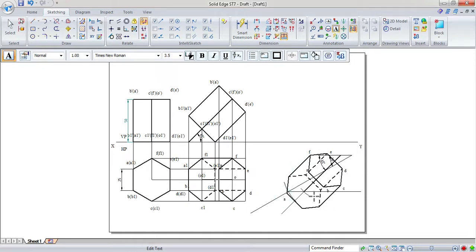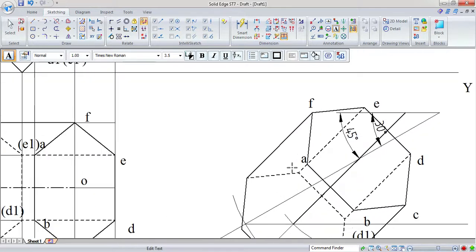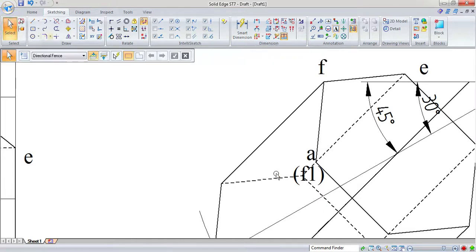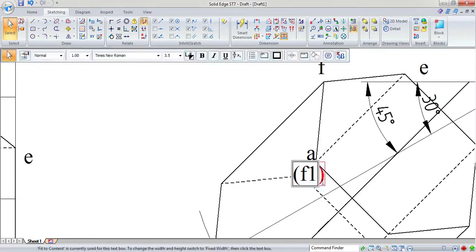So this is A1, B1, next again C1, next this will be D1. Again we need to write it within the bracket, and this will be E1, and F1 will be last.